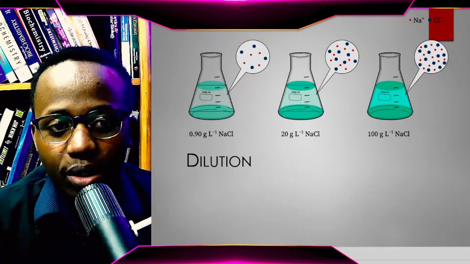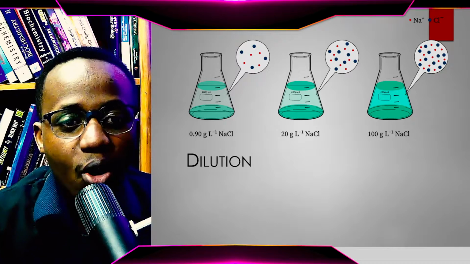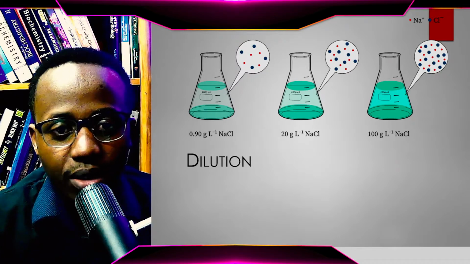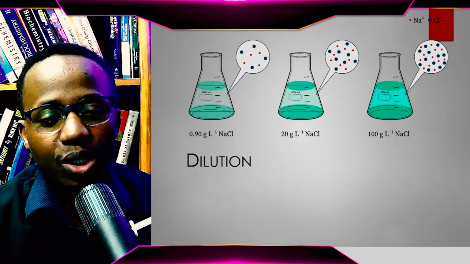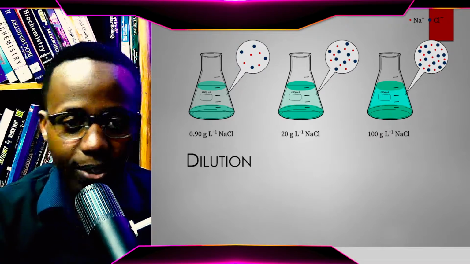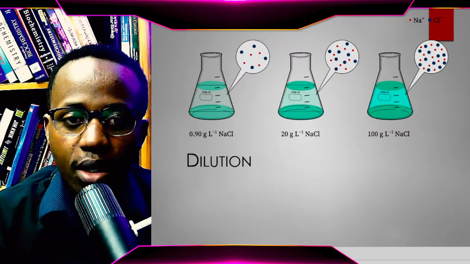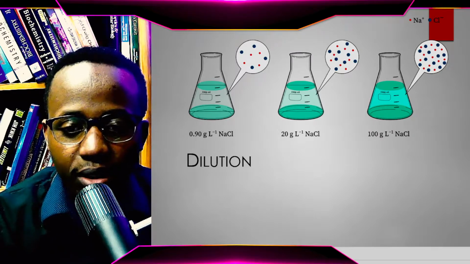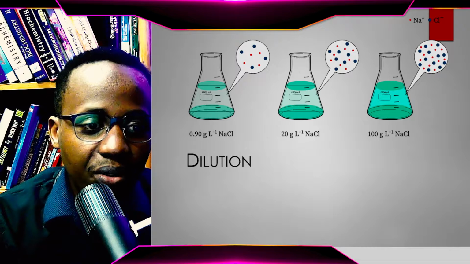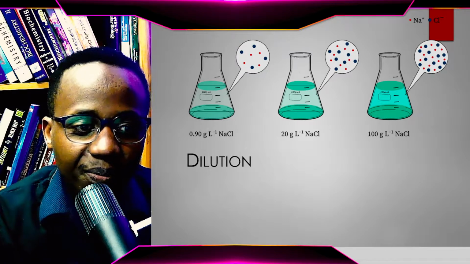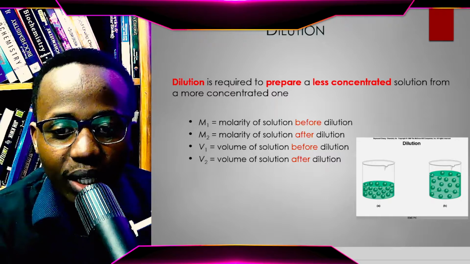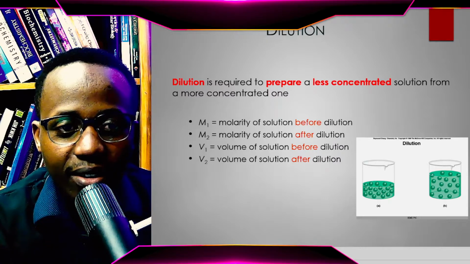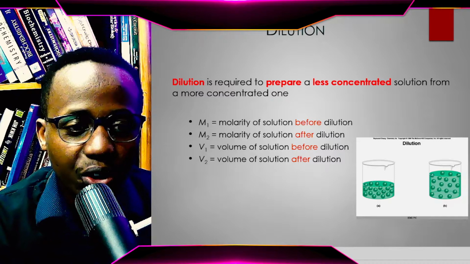It's less dilute, more concentrated. So concentrated is the opposite of diluted, right? So we dilute things by adding more solvent, but we need to know, in order to calculate the specific dilution,